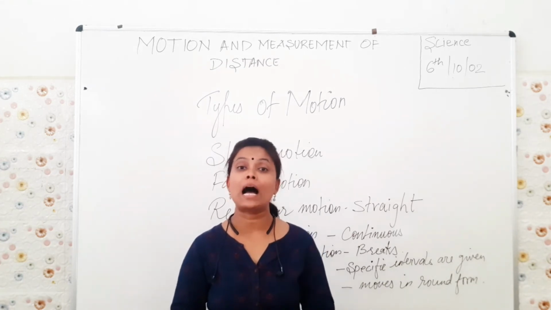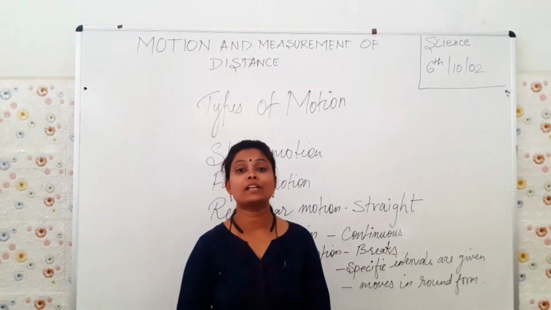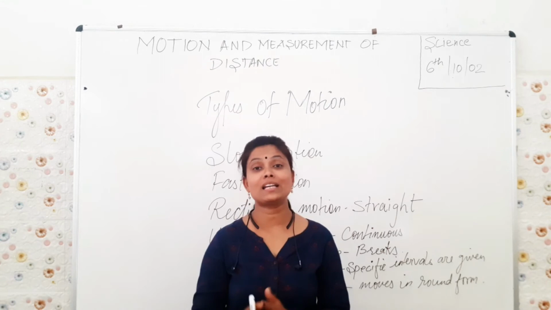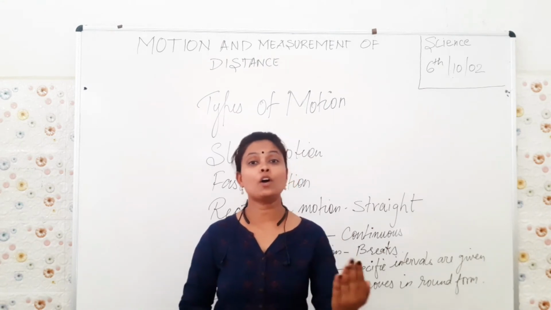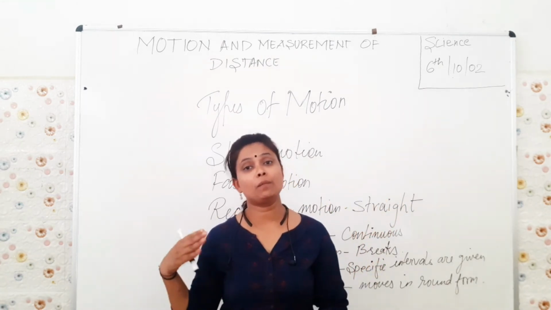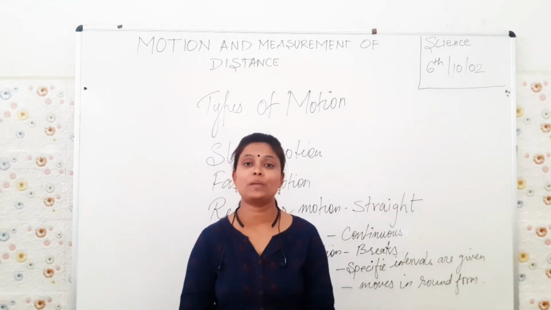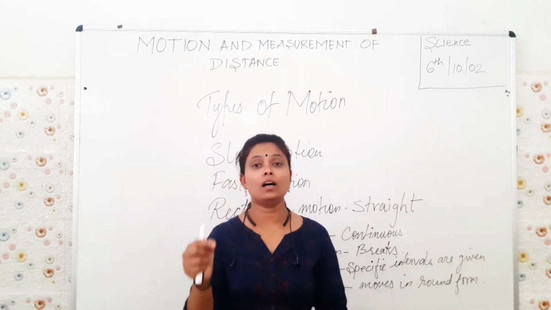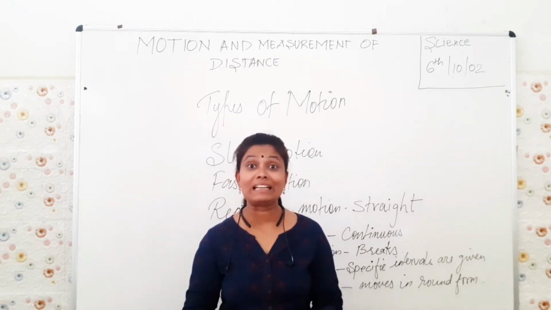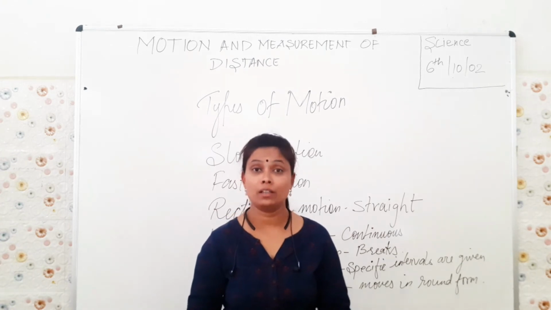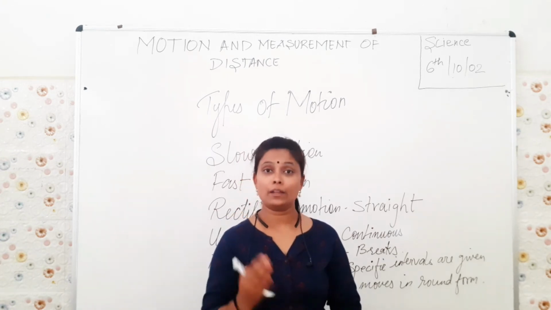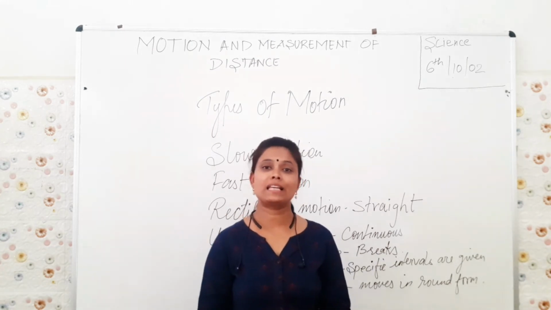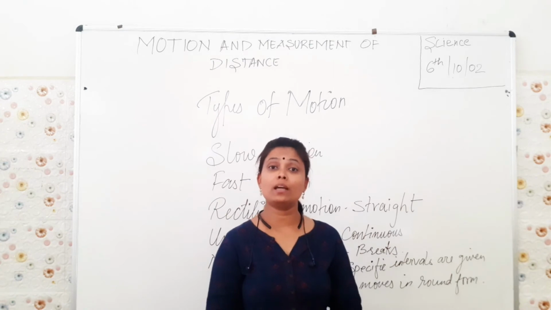Again, when he moves onto the highway, the speed of the car reaches 90, 100, even 110. Why? Because it's a two-way highway. No vehicle comes in front. He can manage or he can go with the speed he wants. Again, when he comes in the middle of the city, the speed of the car can decrease to 20 to 30 even. I hope you have understood the example nicely, because all these things you do in your day-to-day life.